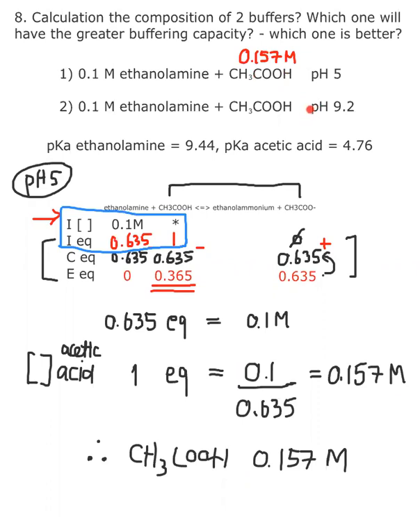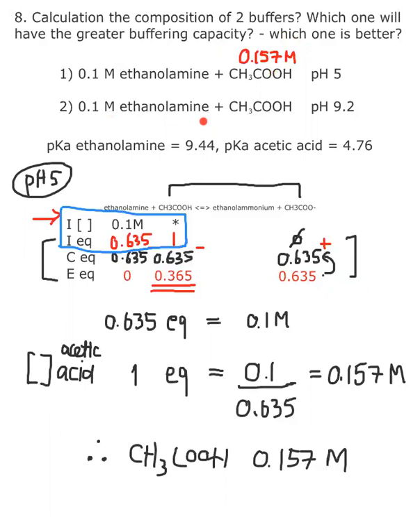And since we say that at pH 5, the buffer pair that works is acetic acid. So this amount of initial concentration of acetic acid will be taken into consideration. While at pH 9.2, the buffer pair that works will be the 0.1 molar ethanolamine. Actually, at this point, you can see